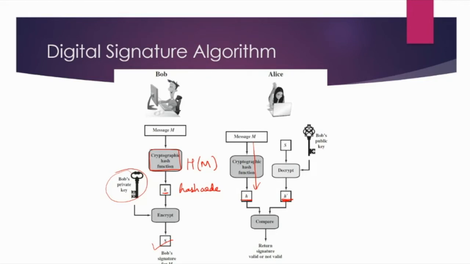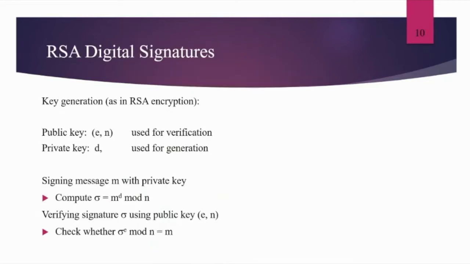Please remember, there is no confidentiality in the basic version. Now let's see how we can have different variations of digital signature. Let me tell you about the RSA digital signature. If you remember the RSA algorithm that we discussed in the previous video, the digital signature based on RSA is exactly the same as the RSA algorithm. Just to recall, in the RSA algorithm, three steps are involved.